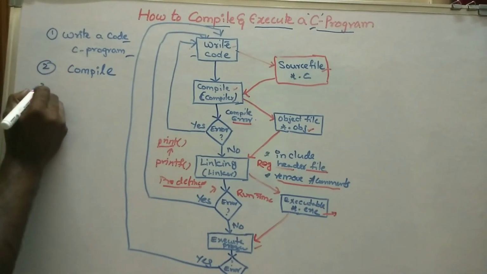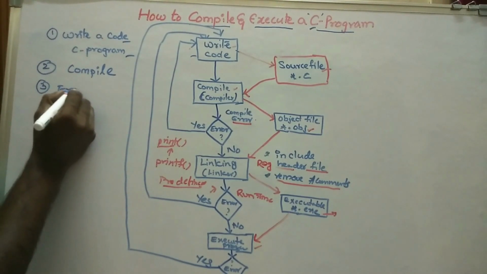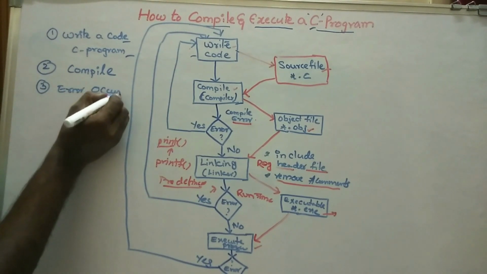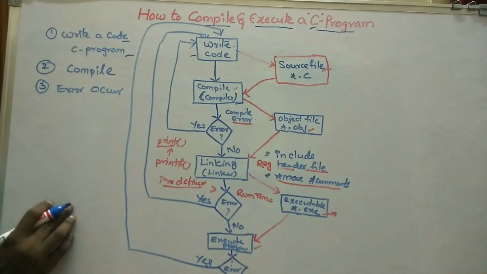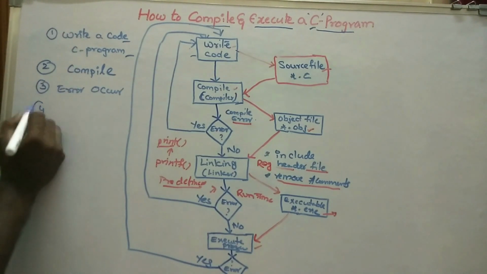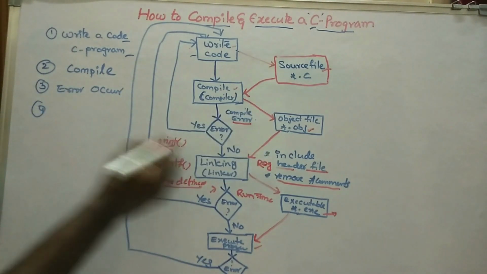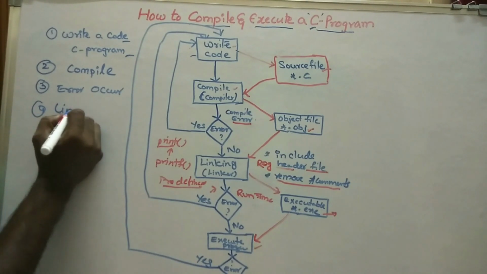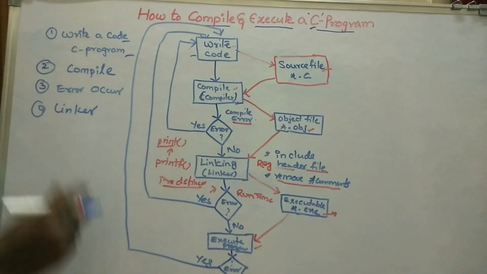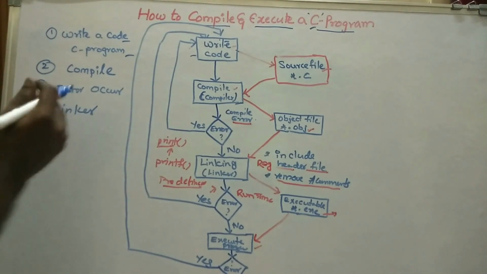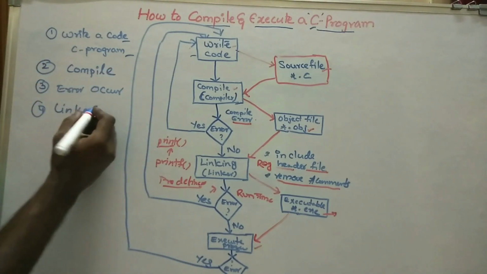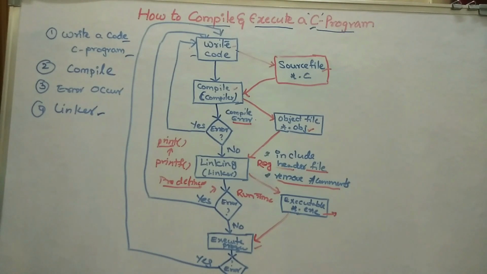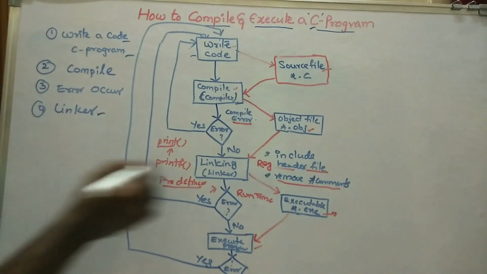If an error occurs, I have to modify and compile again. If there is no error, I give it to the linker. By using the linker, I include the resources required for my program to execute successfully, right? After the linking,